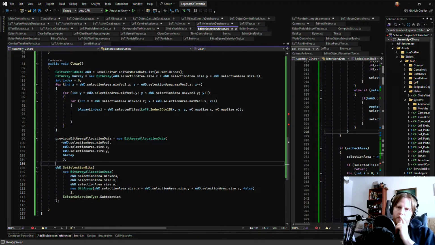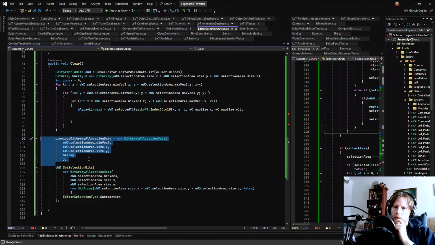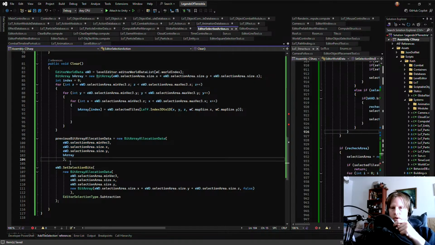So that means that basically, if we create a snapshot of the previous bit array, we can both subtract it and add it, because it's always positive. All tiles that exist are true, and so because we are now doing it so that if it's subtraction, we subtract the true, and if it's addition, then we add the true. Then I don't need to do any bullshit.